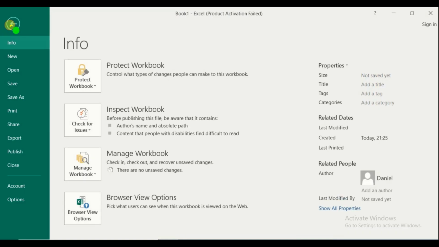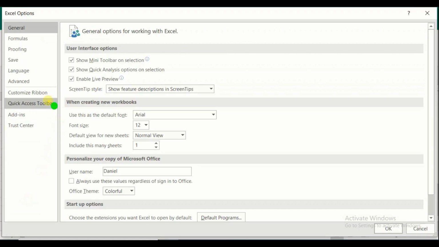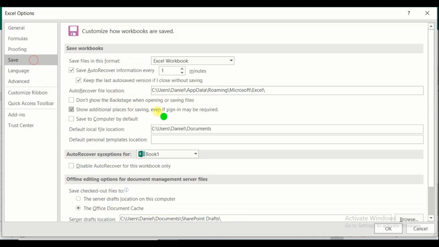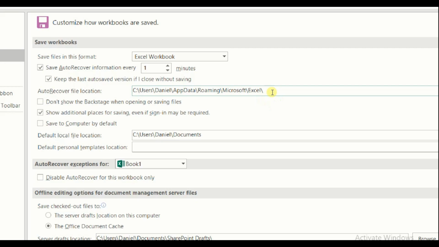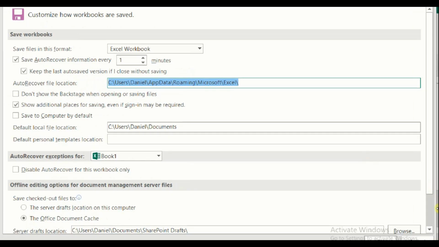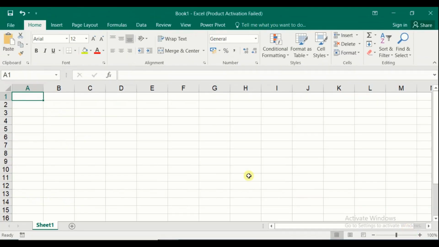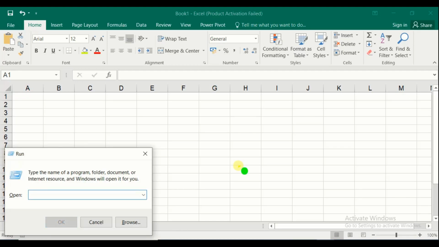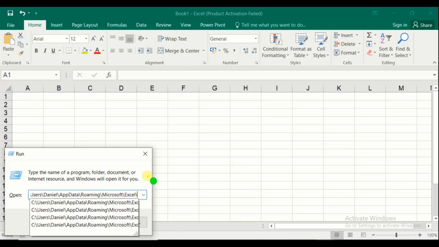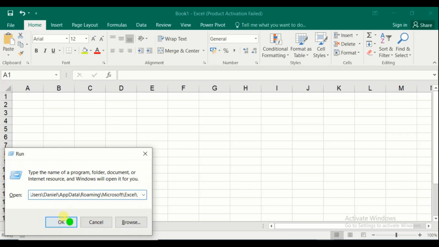Okay, File, Options, and Save. Copy the location name and close the options. Then paste the location name.